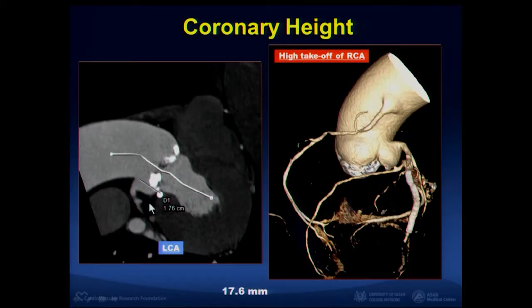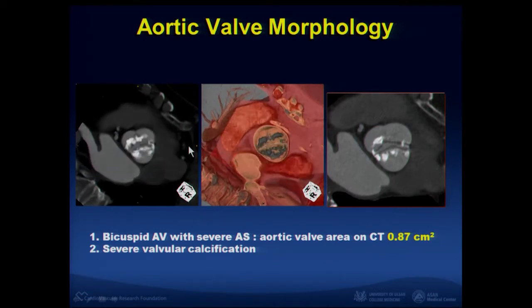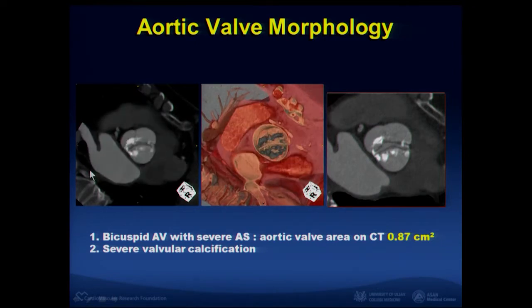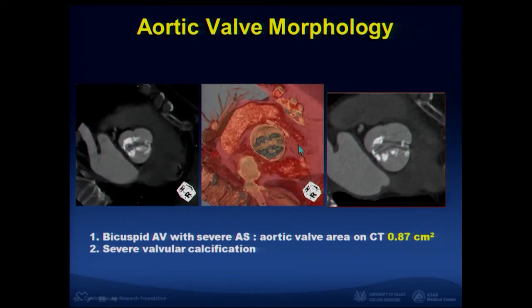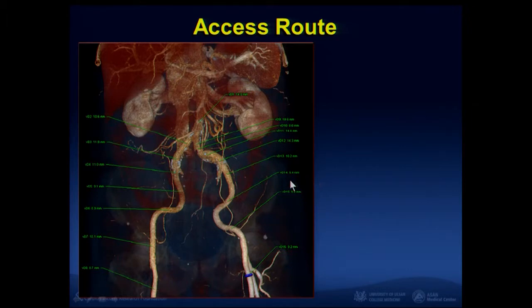Coronary orifice height from the annulus level was also measured, and coronary anomaly was demonstrated using volume rendering technique. Using CT imaging, the opening shape of the aortic valve and valvular calcification were also demonstrated. This patient showed a bicuspid aortic valve with extensive valvular calcification. And the best angiographic angle for valve implantation was simulated using a TAVI-dedicated commercial program, like this. Of course, access route was also an important issue, so we evaluate minimal area-derived diameter,